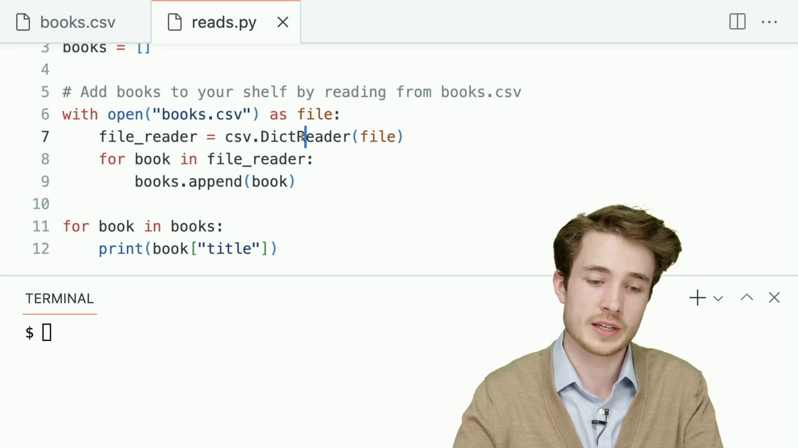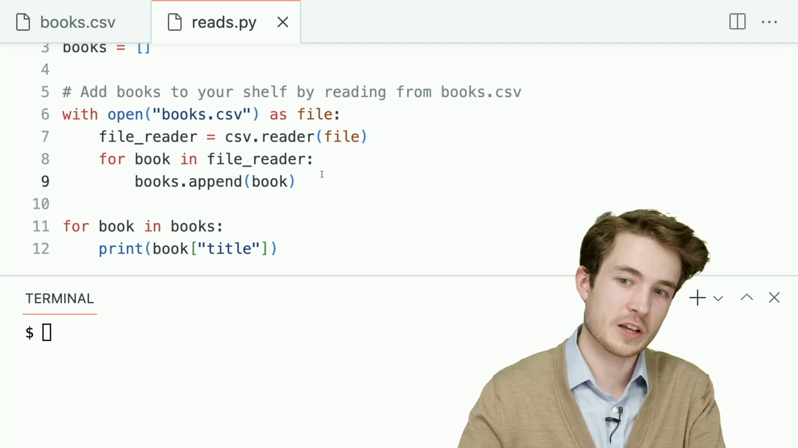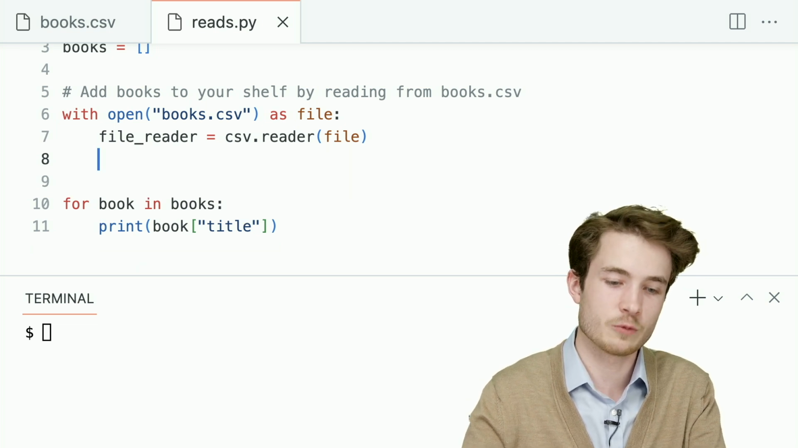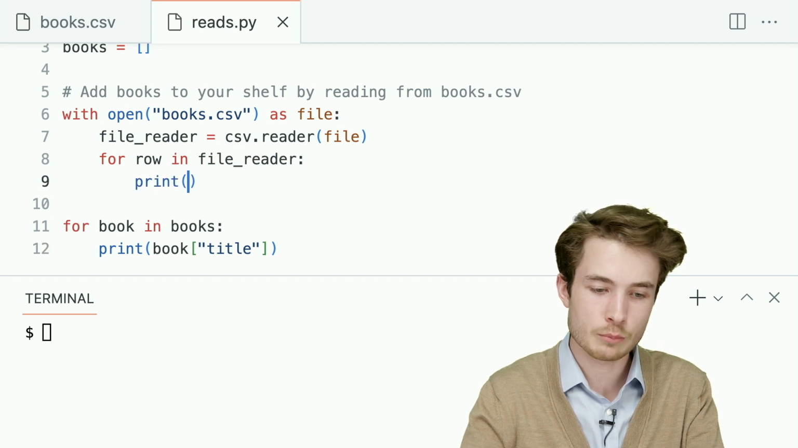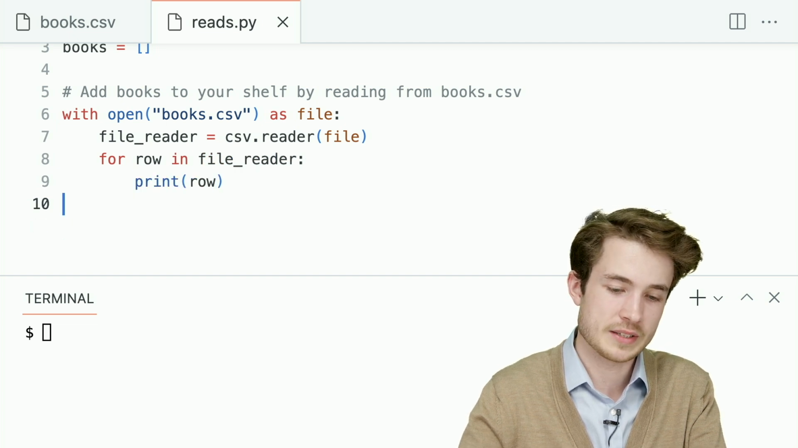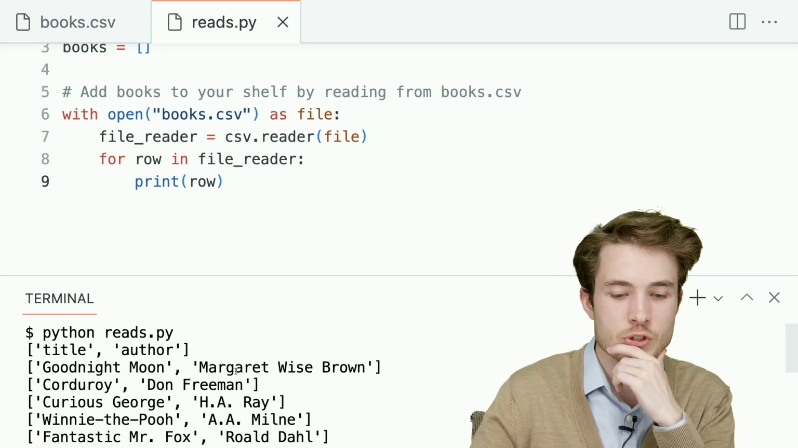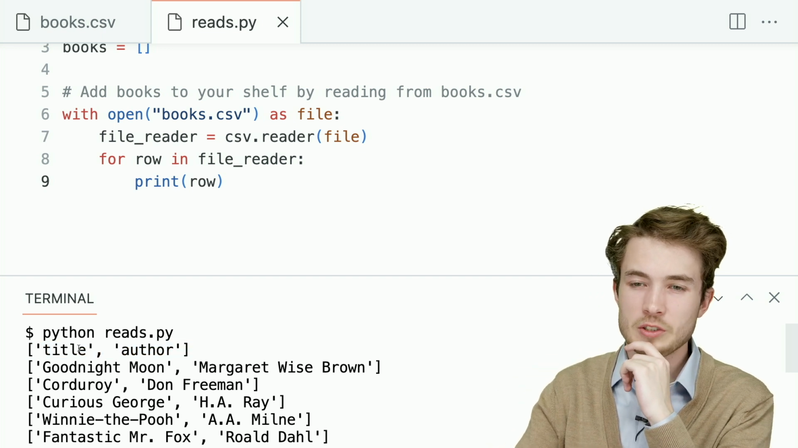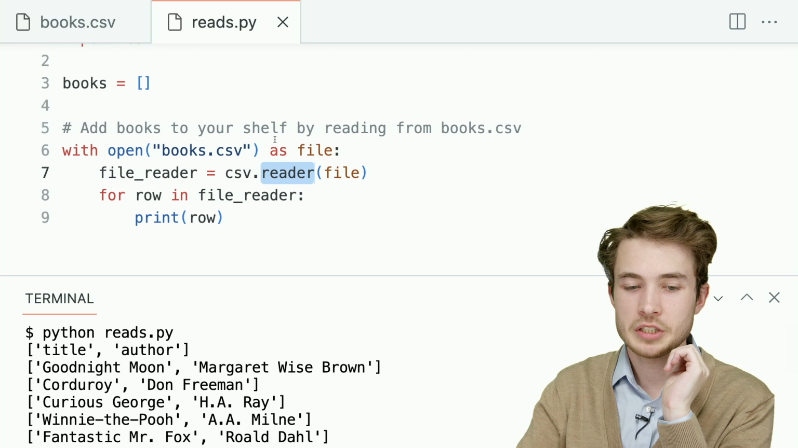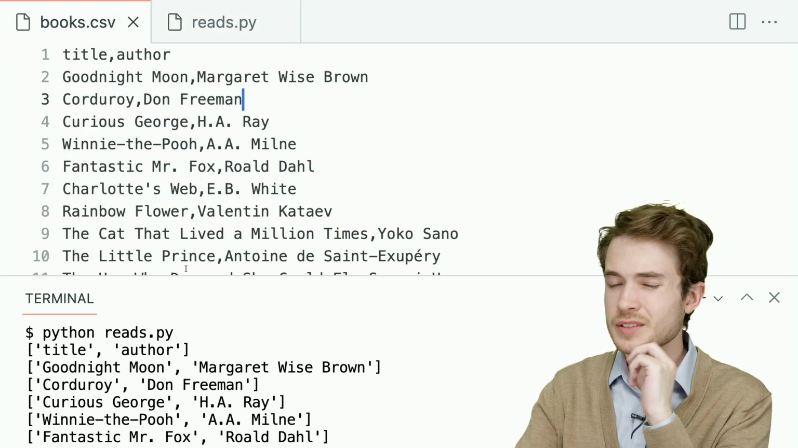There's other ways too, like csv.reader, but this isn't going to quite be as useful for us, because let's take a look at this. If we say csv.reader, let's go ahead and say for row in file reader, print row. Let's see what we get instead. Python reads.py, well, we get just a list. And notice how it's actually included the column names in a single list. So reader gives us back every row of our file as a list,